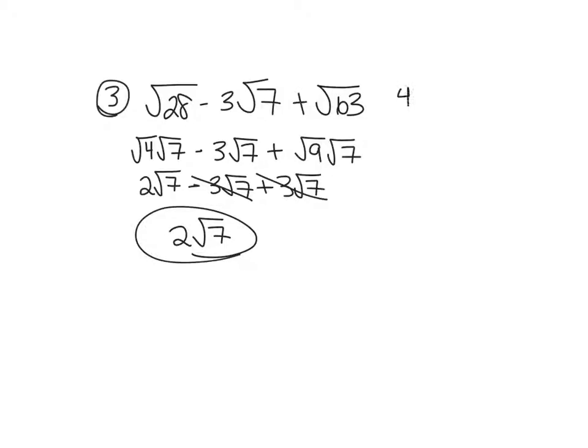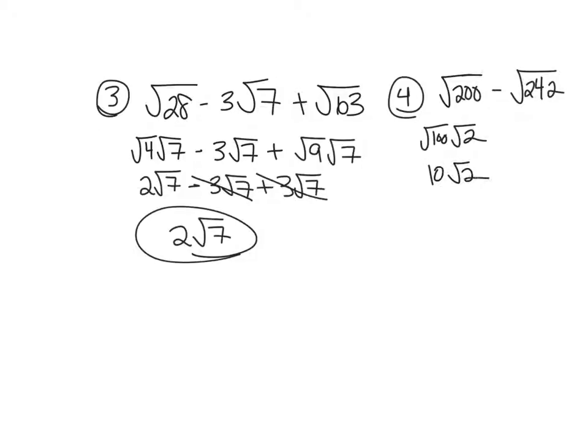Number 4. All right, number 4, we have the square root of 200 minus the square root of 242. So when I think of a perfect square, what perfect square goes into 200? 100. So I have the square root of 100 times the square root of 2 would give me the square root of 200. Before I take away the square root of 242, let's simplify this. 10 root 2. And the reason why I simplified it is because